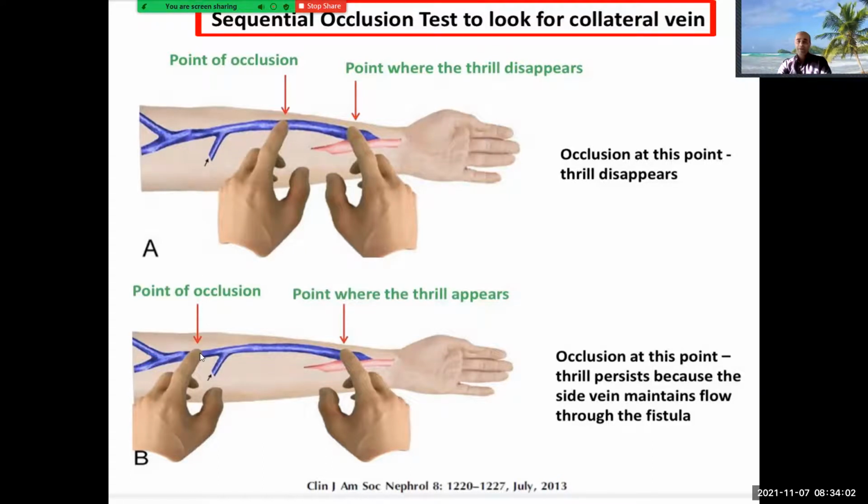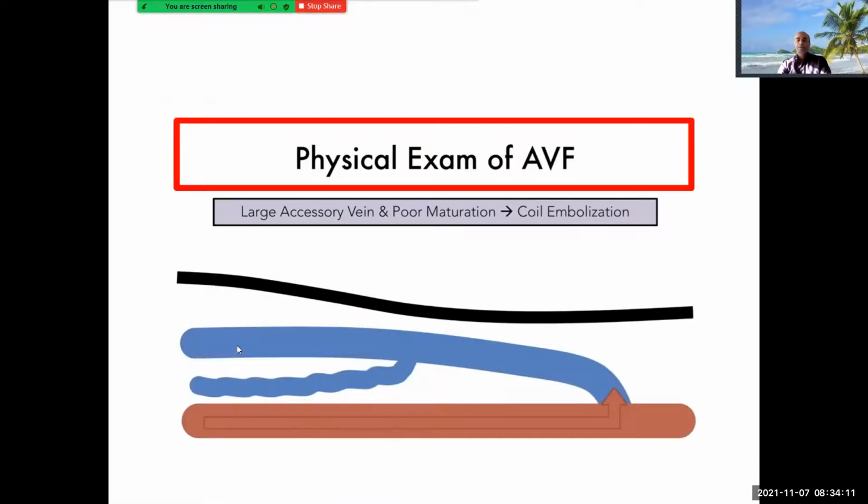When I press here and palpate here, I will still find the thrill here, and it means the accessory vein in this area. As we mentioned, this is an accessory vein. If you press here and palpate here, you will not palpate a thrill. If you press here and palpate here, you will palpate a thrill, because this large accessory vein